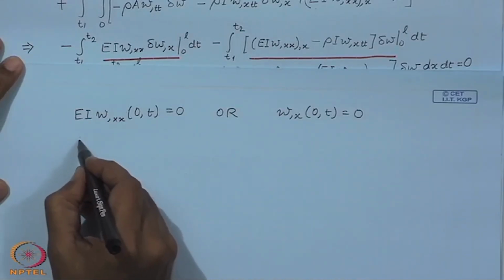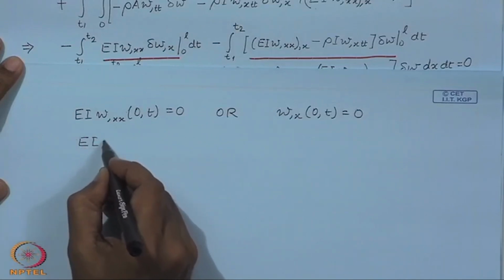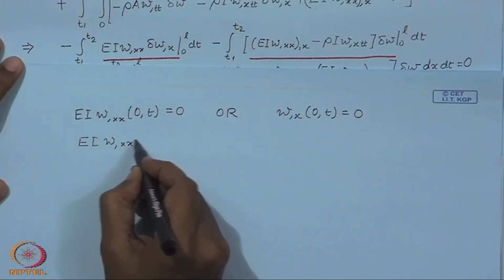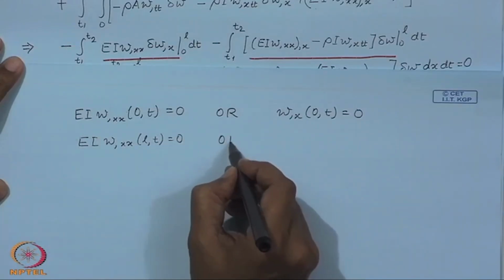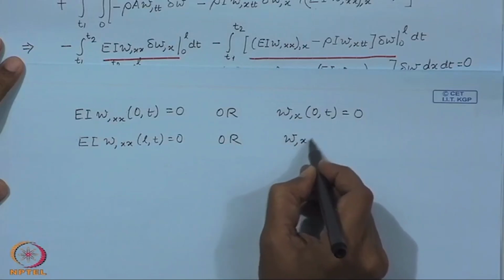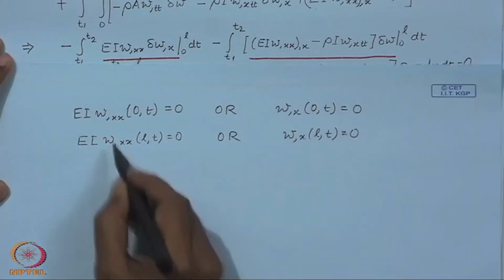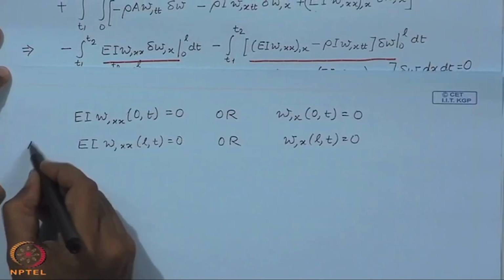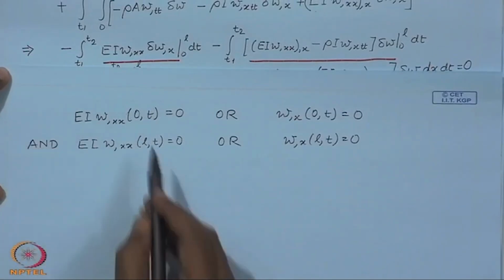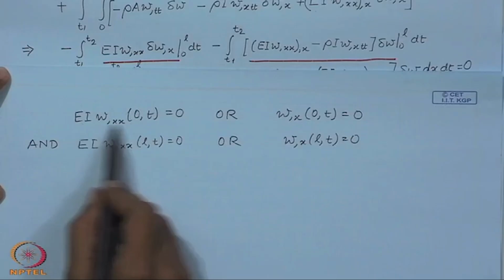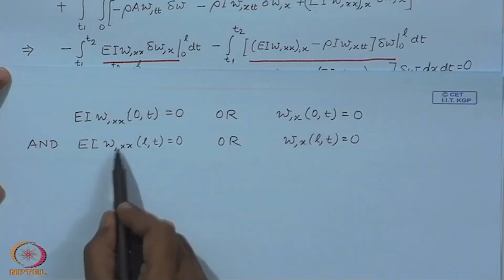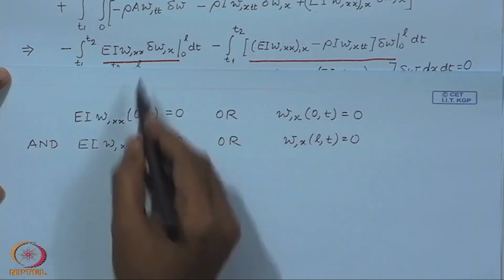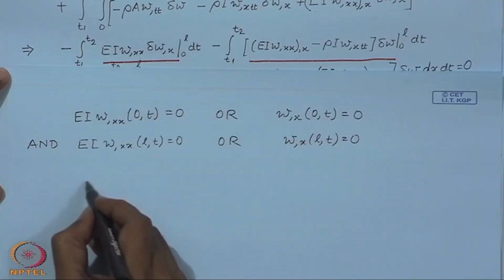Then at L again, or, and these two are connected by an AND. So, you can have this and this, or this and this, or this and this. So, combinations. So, this is from the first boundary term, from the second boundary term, which must again be connected with an AND,